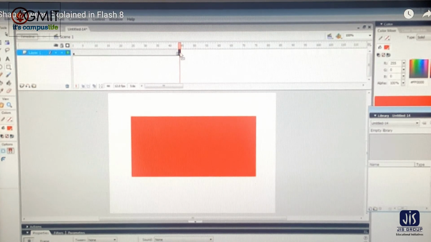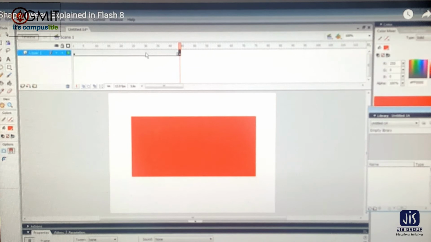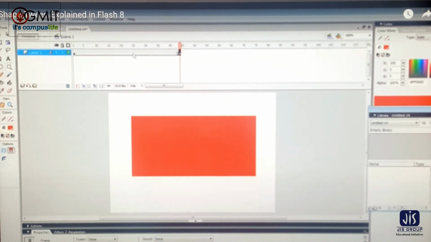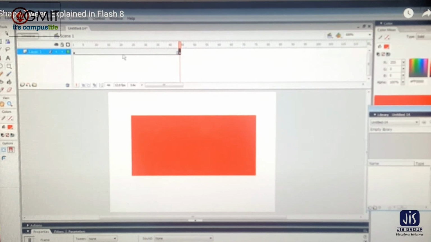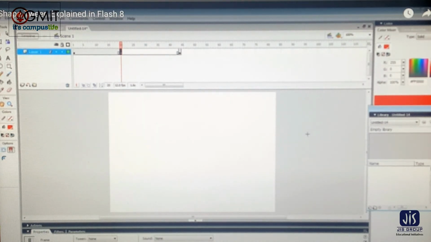The next step is to insert a blank keyframe on the stage. We need to insert a blank keyframe in between the first and the second keyframes that we have inserted. I'll select any frame which is in between and I'll press F7. That's the shortcut to insert a blank keyframe. When we insert a blank keyframe, the stage goes blank, and in this moment we are supposed to insert another